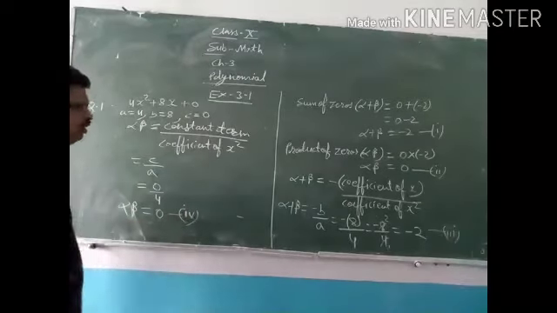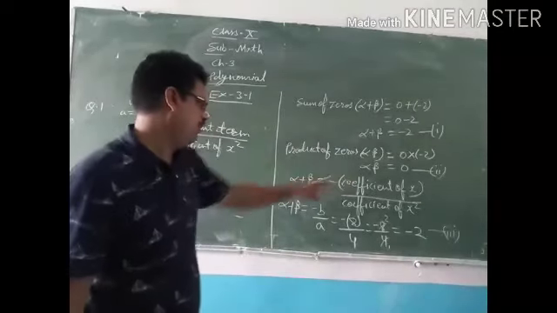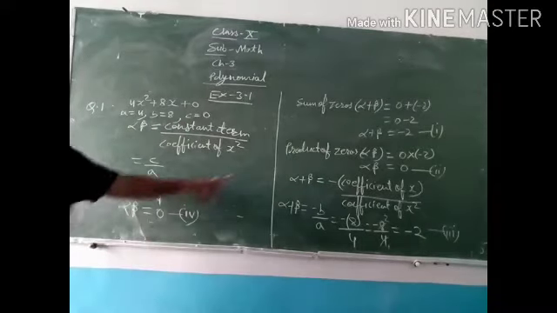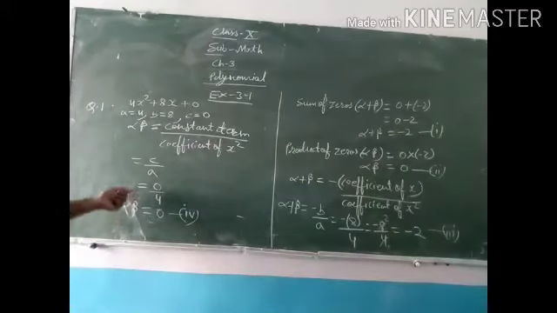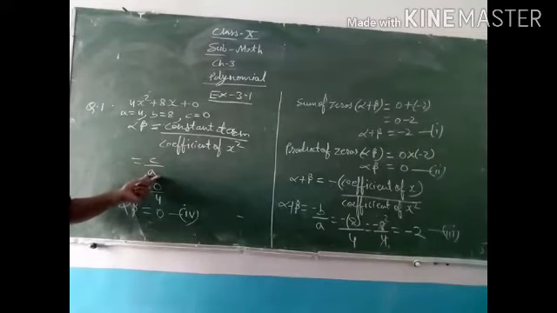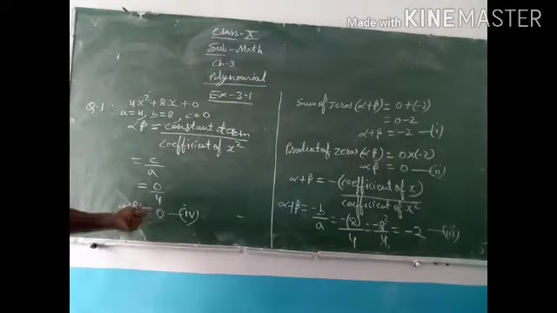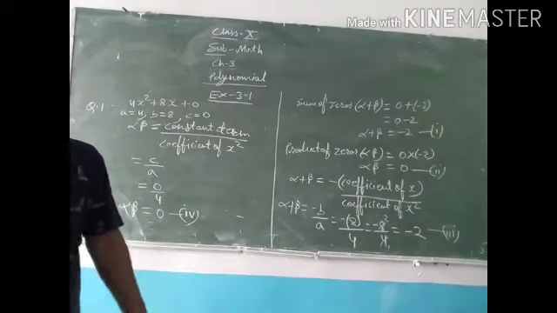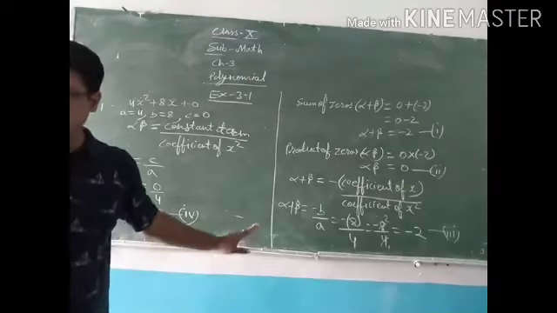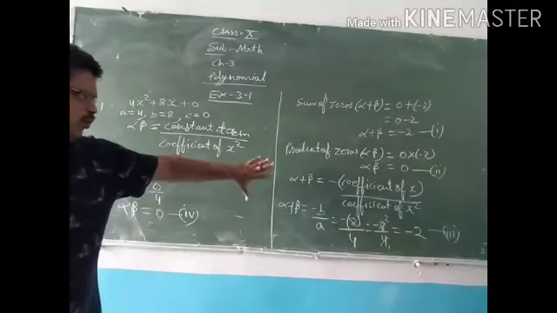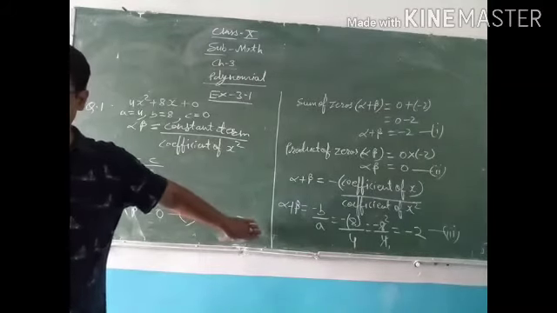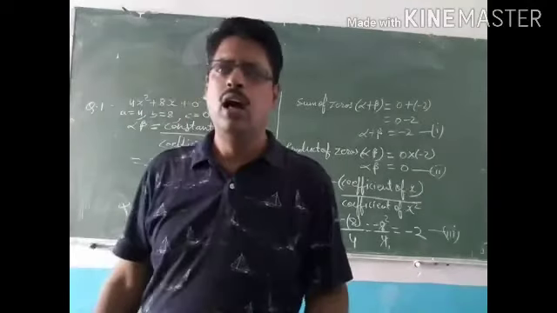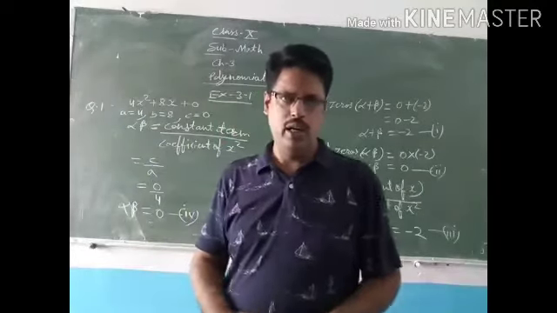This is equation 4. So by equation 2nd and by equation 4 you can verify that the product of zeros is equal to the constant term upon coefficient of x square. So this relation is also verified. Okay. So you will have to write that by equations first, second, third, fourth, the relation of zeros and coefficients is verified. Understood everybody?